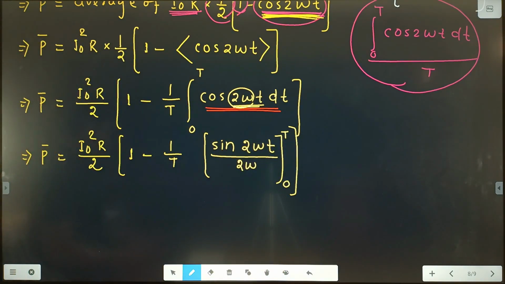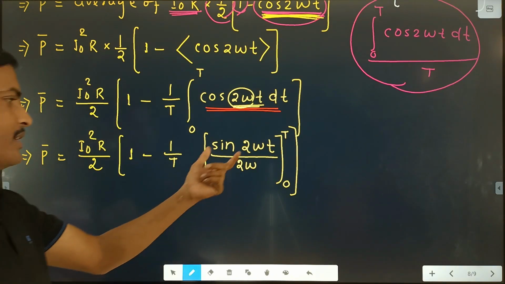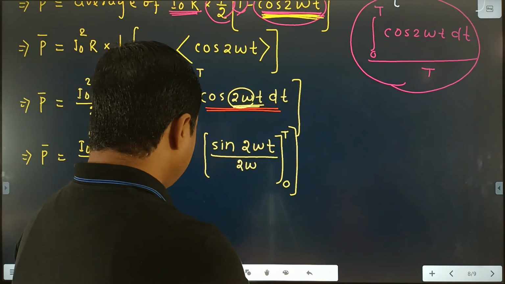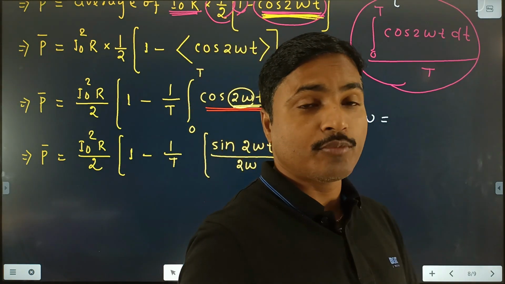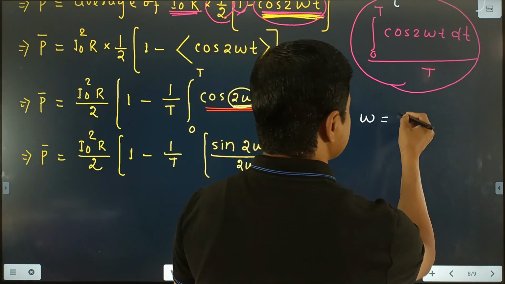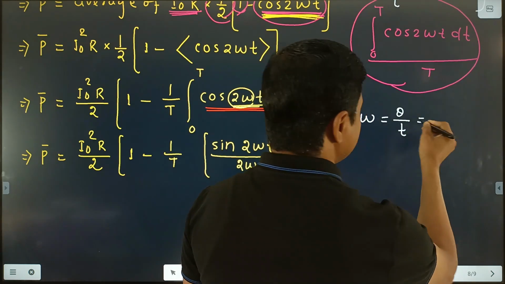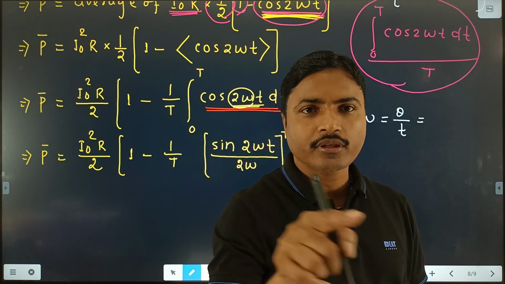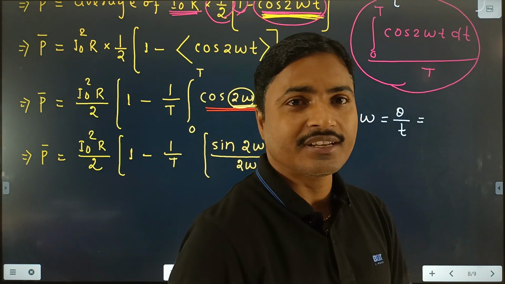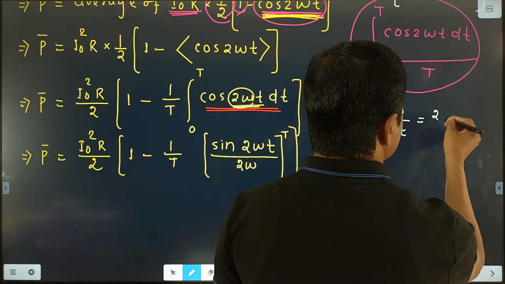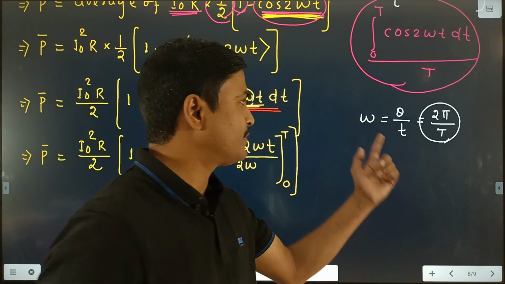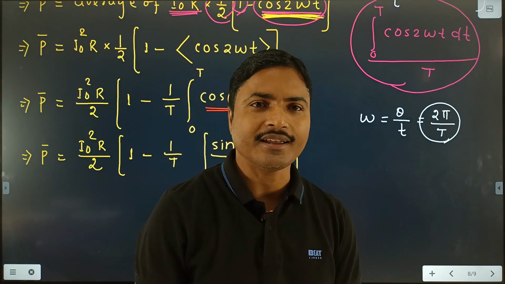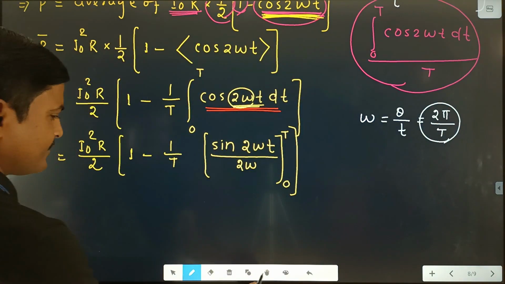Clear? And sin 2 omega T, you know the value, because in place of omega, you know omega is the angular velocity, and the formula for angular velocity is angular displacement divided by time t. For a full cycle, angular displacement is twice pi, and the time taken is the time period. So in place of omega we write 2 pi divided by T, so this expression becomes,